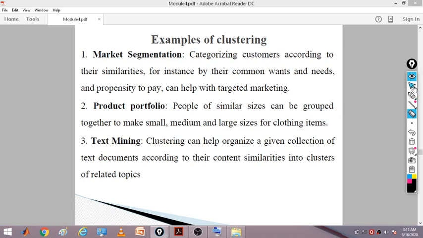Everything can be analyzed with the text. You just differentiate according to some specific words, so group those documents into your different clusters. It will help you easily understand the kind and nature of the analysis there.